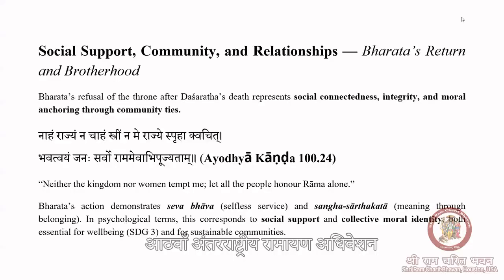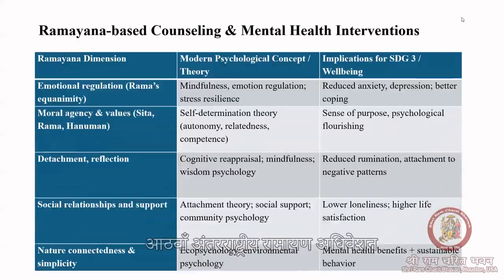Then another dimension we have also seen is social support from community and relationships, with respect to Bharat's return and brotherhood. When Bharat refuses the throne after Dashrath's death, even that represents social connectedness, integrity, and moral anchoring through community ties. Another part in our paper is, with all these dimensions which we have discussed here, how